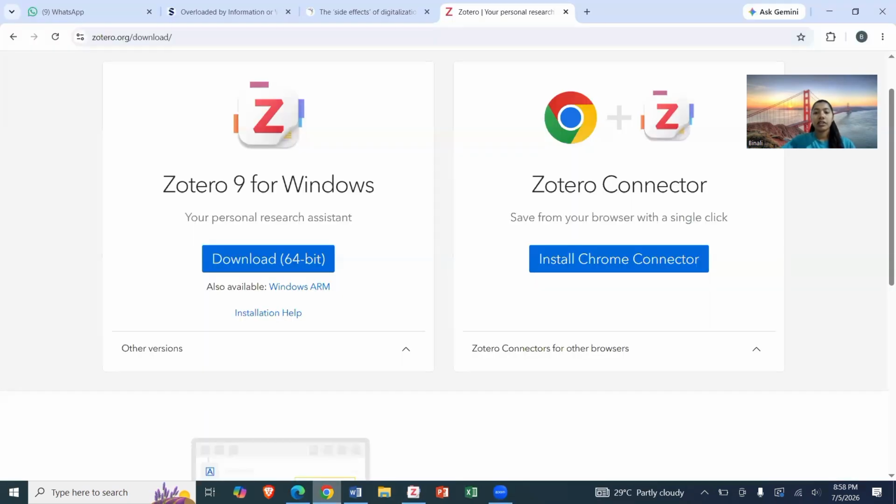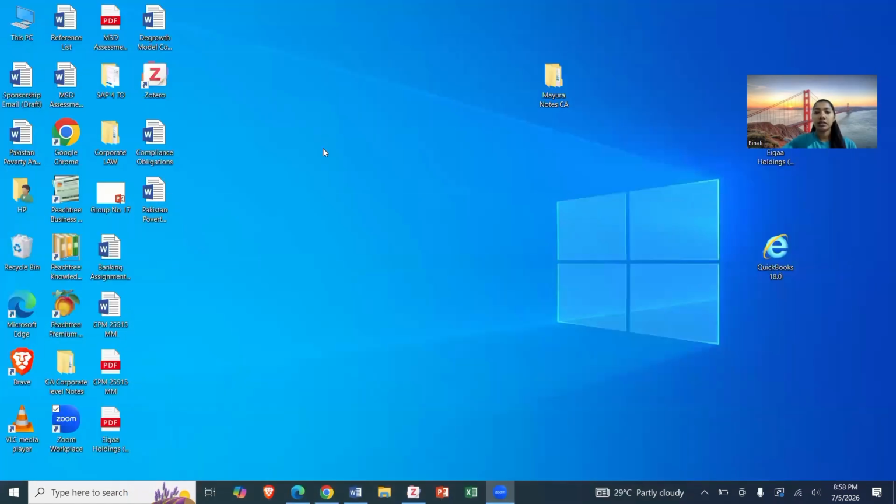Good afternoon. Let's see how to use the Zotero application effectively. First of all, I installed the Zotero desktop application and the Zotero connector in here. After that, we can see the Zotero application